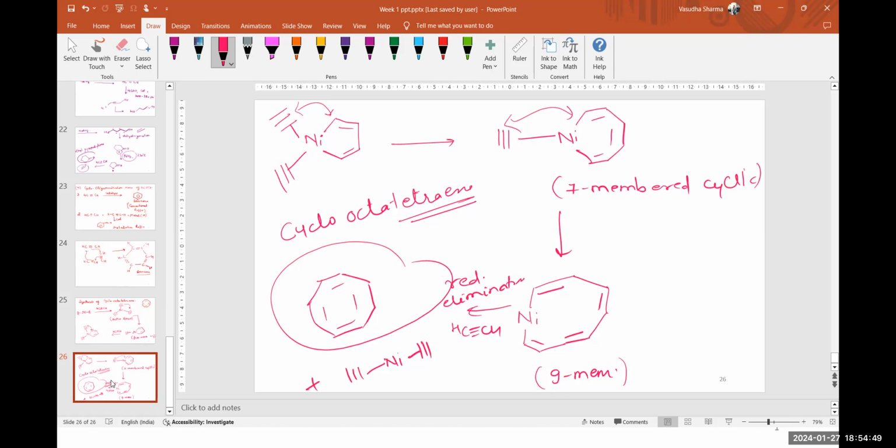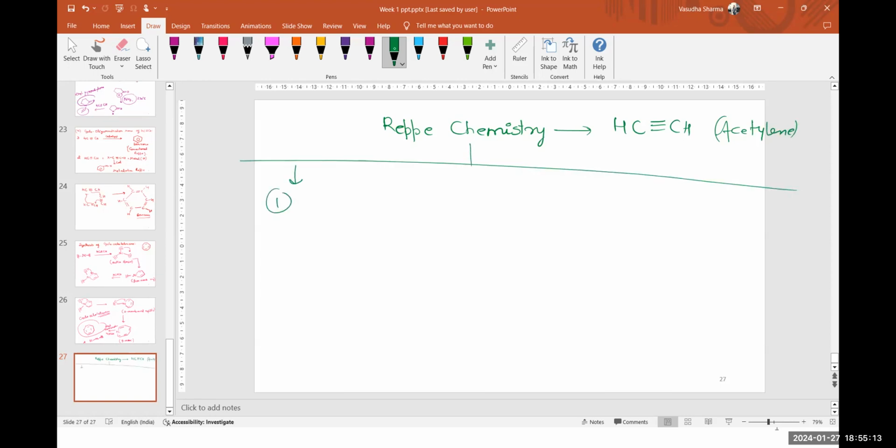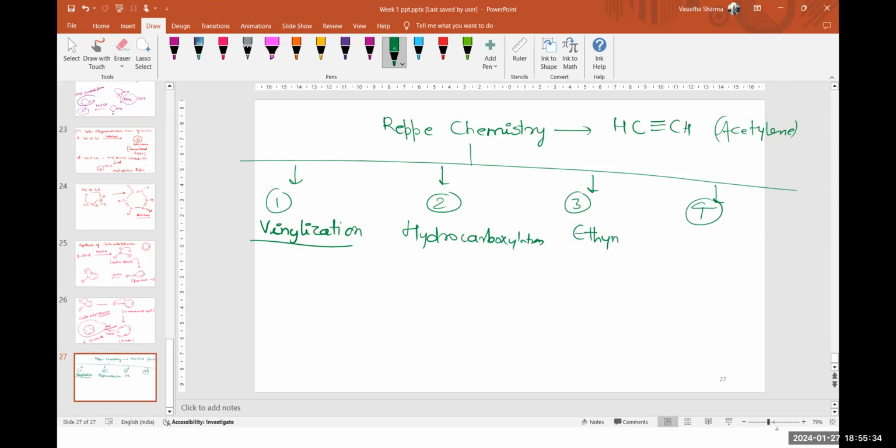So we'll take a recap of all of it. What we have done so far: Reppe chemistry, which revolves around acetylene. We found that there are 4 different types. First was vinylation. Second was hydrocarboxylation. Third was ethynylation. And last was cyclo